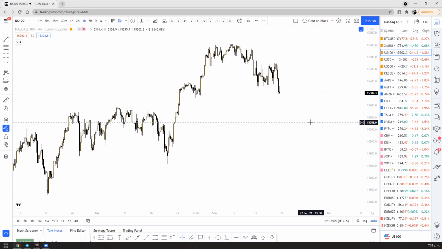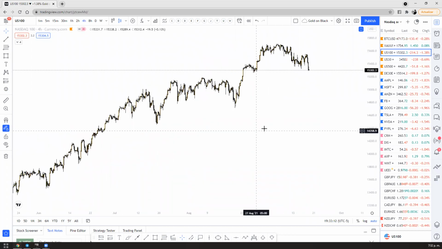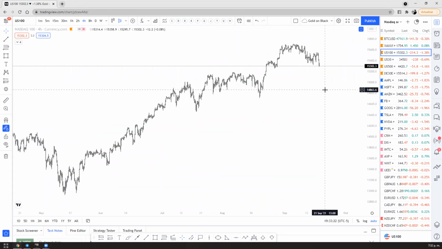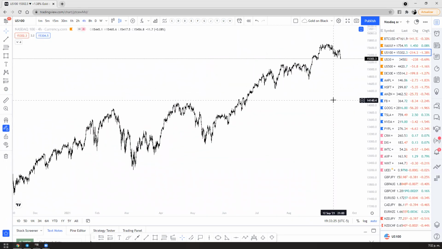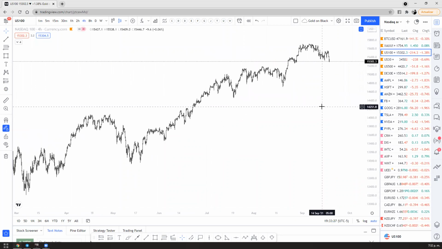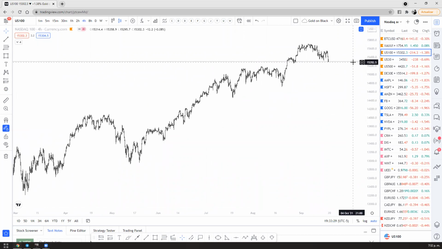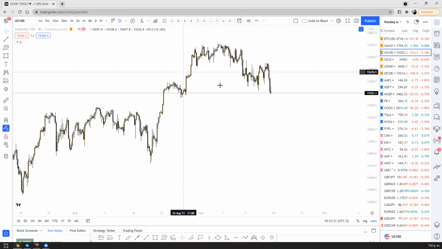I usually, during the weekend, tend to pretty much delete all my charts and try to start over again. Depending on how the week ended, I may just delete everything again, redraw and redo my charts. So basically, from here, what we can see is the price is still consolidating,